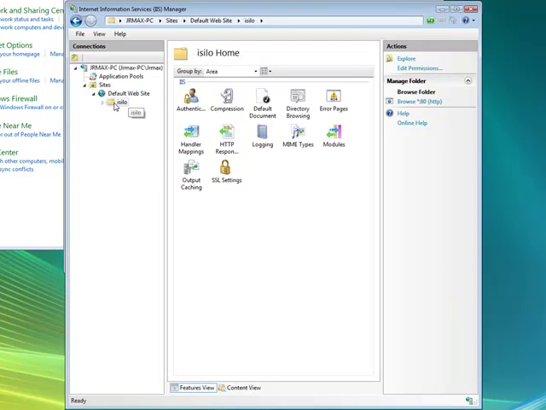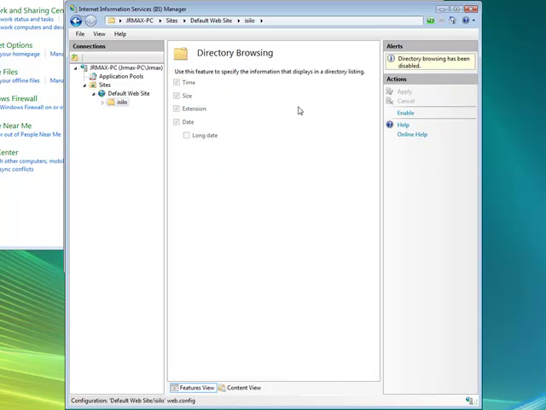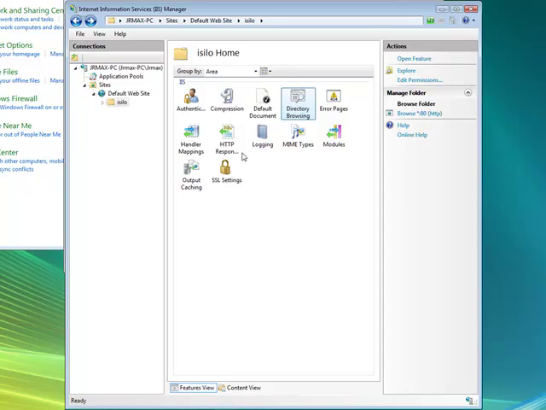Now with iSilo still highlighted, we want to come over to directory browsing, and we want to double click on directory browsing, and we want to enable directory browsing. So we click enable, and notice the difference in this section here. So we enable directory browsing, and now these are able to be functional, but we're going to leave that as it is, and we want to back out of this and go back to our iSilo home,